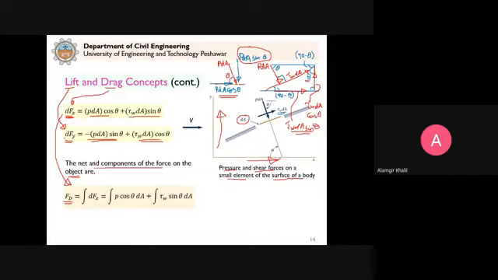And if we integrate in the y direction, then we will be able to calculate the lift force. We are just integrating the above two expressions in order to arrive at the total drag and lift forces acting